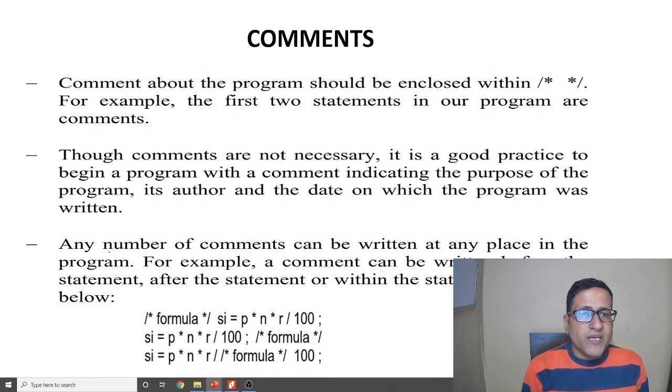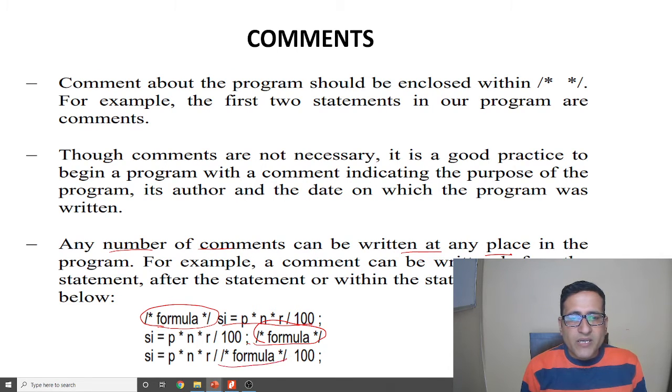The third point is any number of comments can be written at any place in the program. For example, here we can see that this comment is written before this formula. In the second line, this comment is written after the formula, and in the third line this comment is written in between the formula.